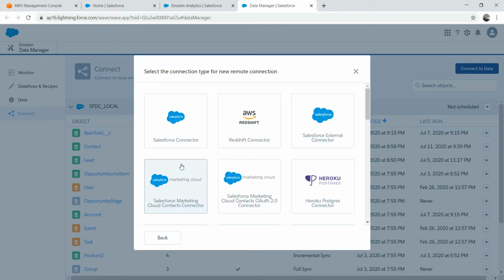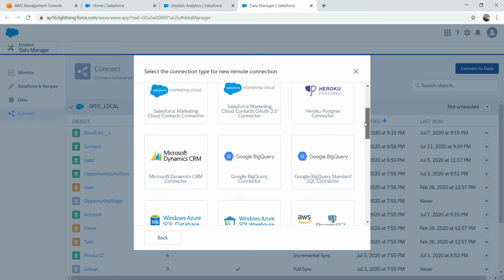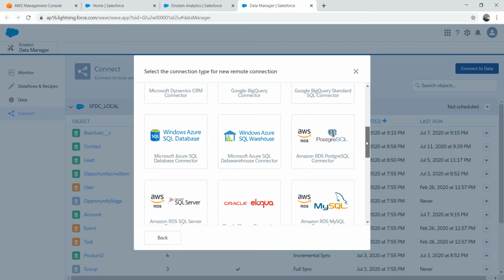When you go to Add Connection, you can see you can connect to a lot of external providers. There's the Salesforce connector, the AWS Redshift connector, Heroku Postgres. If you use Microsoft Dynamics CRM, you can connect that as well. Google BigQuery, and Azure SQL database,